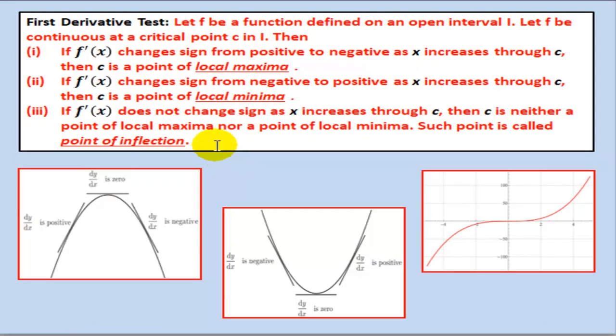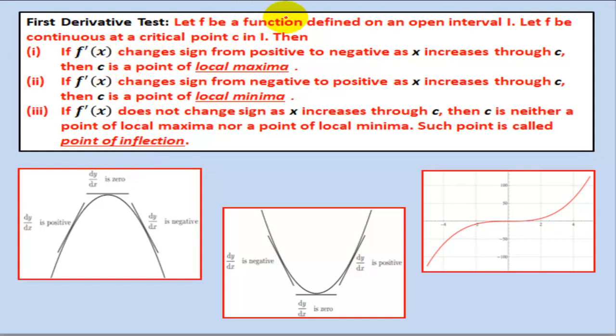Now let us see how this helps us in solving or optimizing, say maximizing or minimizing, certain functions. Let us see how derivatives are going to help us in that. Till now we have taken the help of curves only to make out the point of local maxima or minima. Let us see how derivatives are going to help us in locating points of local maxima and minima. So first we go through the first derivative test.